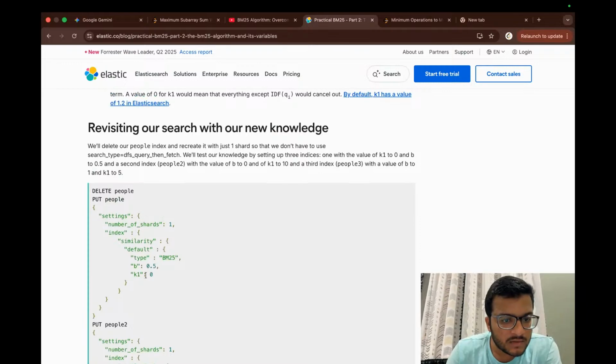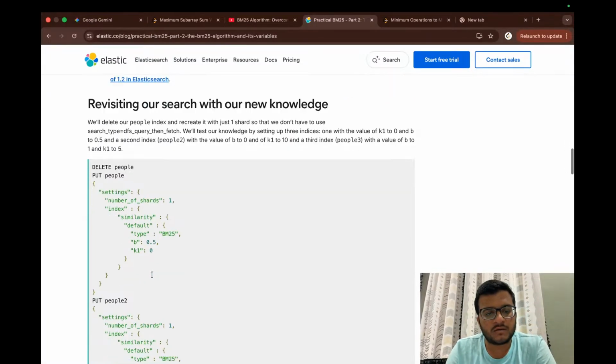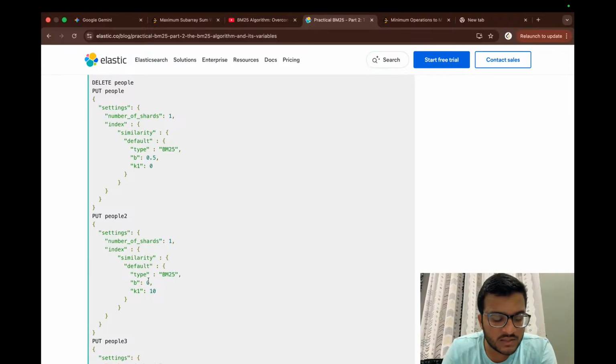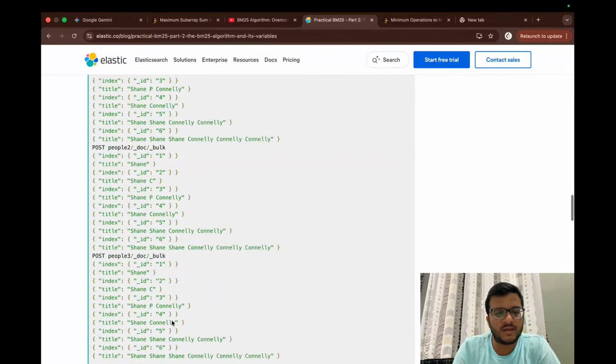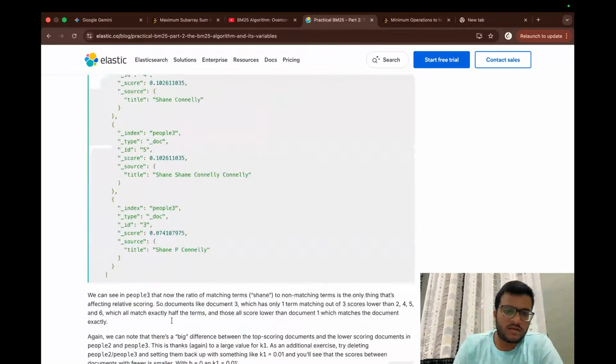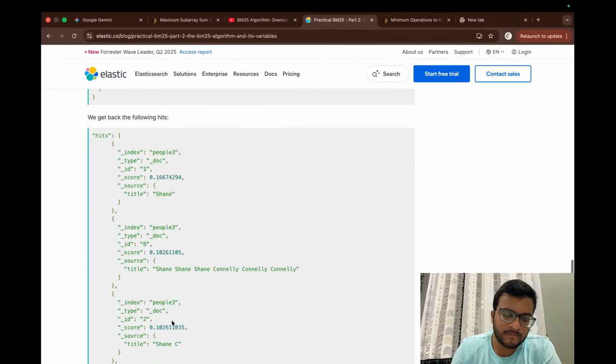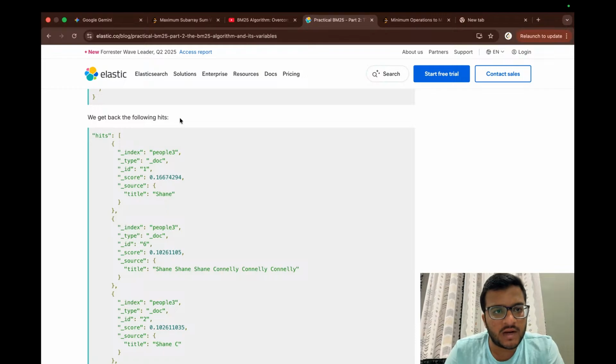If you see K is 0 here, which means the score is directly proportional to term frequency. If you see B is 0, which might mean something else. And in this one, neither is 0, none of them are 0. But you can see in this index how chunks are retrieved based on the data that they added here. This is a very good example. Give it a read. I think this is like a story, a very good engineer has written this blog. It is a reader friendly blog.